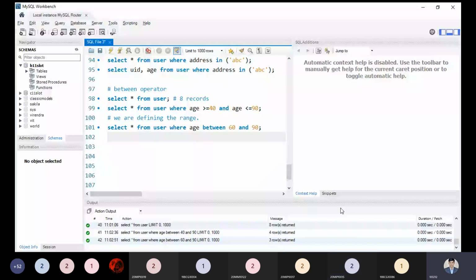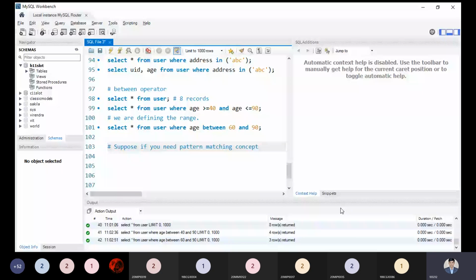Now, suppose you need the pattern matching concept. I need to display the names of those students whose name must start with ABC, something like this.